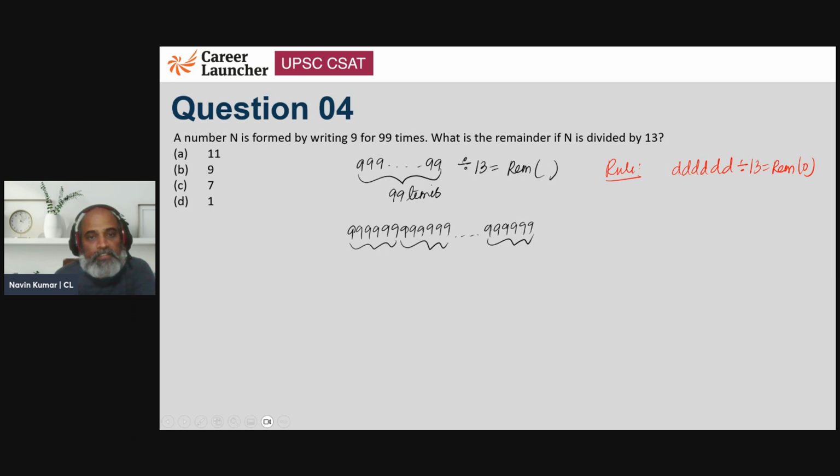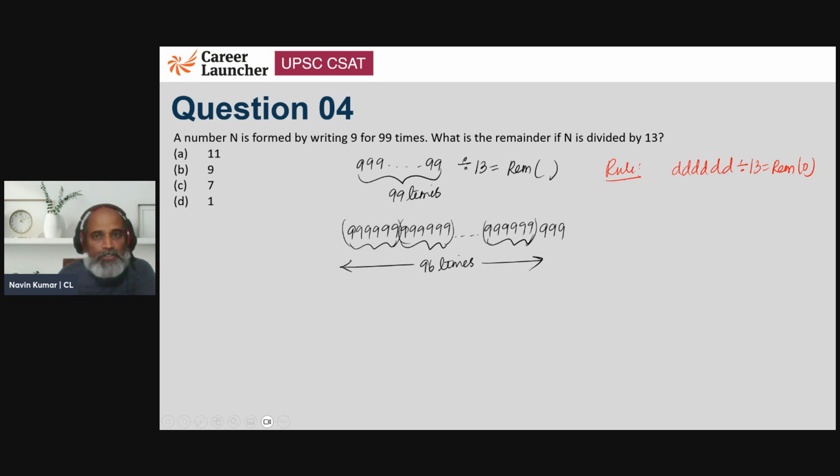If I continue like this, if I have the digit written 99 times, groups of 6 will make it a multiple of 6. A multiple of 6 closest to 99 is 96 times, right? And since we have 99, we are left with 3 nines now. Now the thing is, 96 times would mean how many such groups of